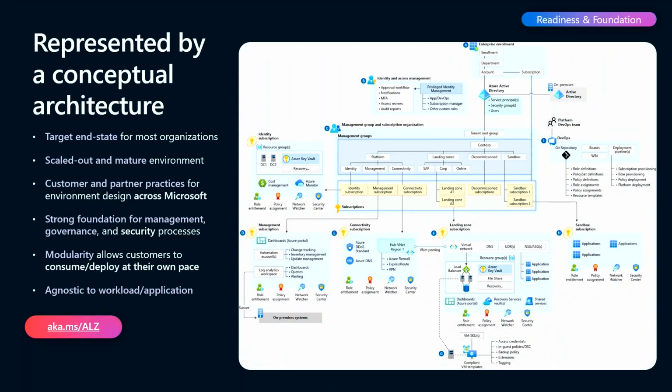So if you were to deploy Azure Landing Zone and you were to follow the portal or follow one of our accelerators, you would get something that looks like this. You would get the full architectural diagram. It's very detailed. Why is it done this way, by the way? Because we wanted to make sure we have what we call the platform landing zone, which are the subscriptions you could think of as your shared services.